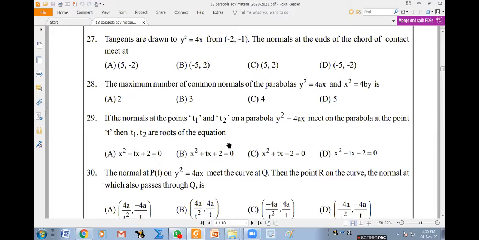How to know when PQ will attain its least value? To this line, find the closest point on the curve, that will be P. To this line, find the closest point on this curve, that will be Q. So at P, the tangent should be parallel to y equal to x. At Q also, the tangent should be parallel to y equal to x. So at Q, I found the tangent dy by dx, that is 2x, and I equated that to the slope of this line, 1. From that, I got the x coordinate. Putting that x coordinate back, I got the y coordinate. And if this point is (a, b), obviously this point will be (b, a). So I know these two points, I can find the distance. And now that will be the diameter of the required circle.